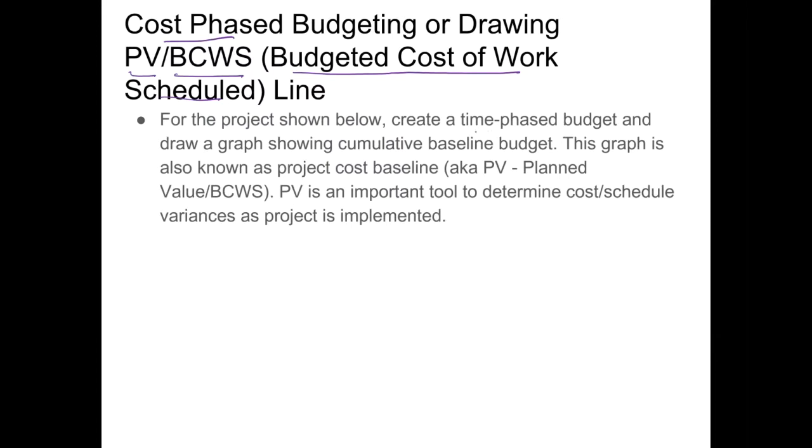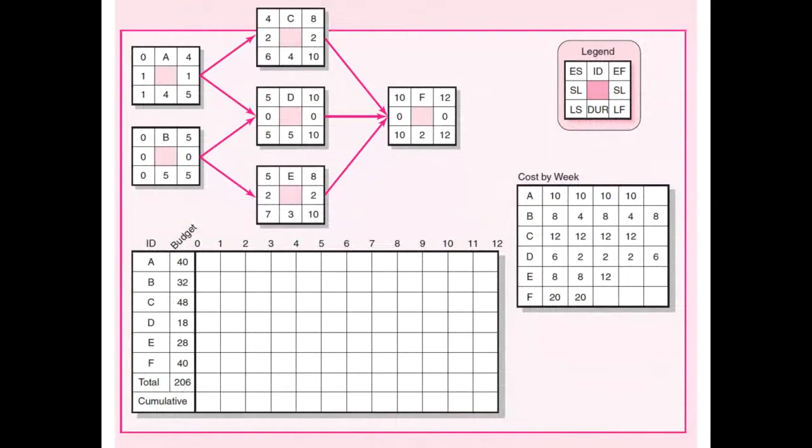It talks about creating a time-phased budget and drawing a graph showing a cumulative baseline budget. This graph is also known as a project cost baseline, or also known as planned value or budgeted cost of work scheduled. PV is an important tool to determine cost and schedule variance as the project is implemented. So we will learn